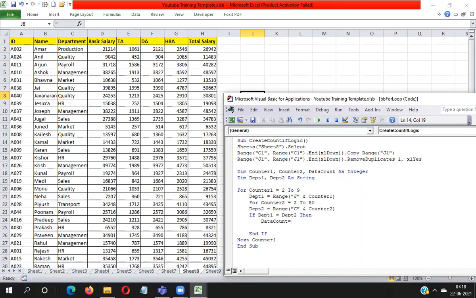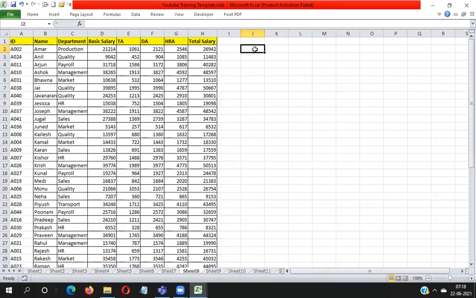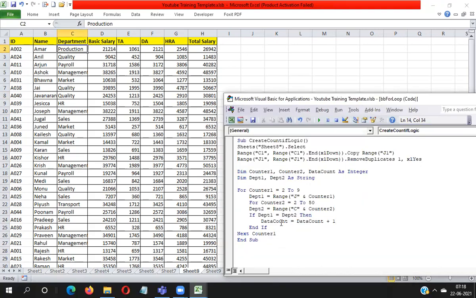Data count equals data count plus 1. Suppose here is the production department; it will match with the production department two times, because you have two data related to the production department. So you will get 2 in data count, and then the same 2 I will place in the K column.